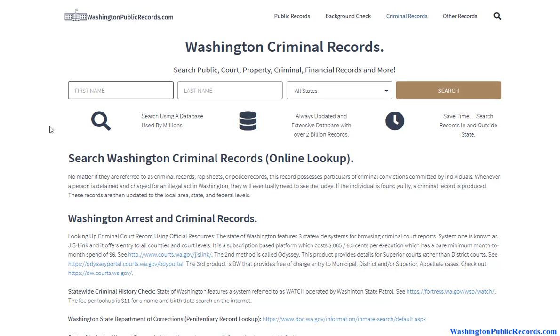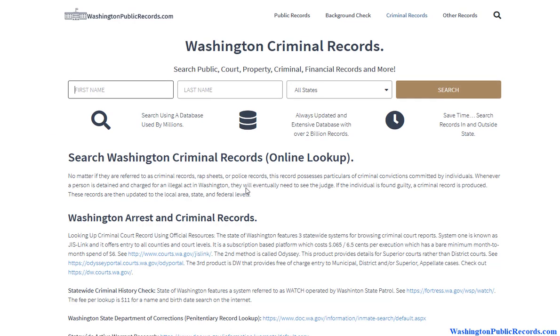Why use something like this? Well, if somebody, say, had a criminal record in Texas or in Georgia and they end up taking off to Washington, if you're just looking at county records in Washington or statewide records in Washington, you're not necessarily going to see what happened in those other states, and it might be important. So to be sure you're covering more bases, it's also an important tool to consider.